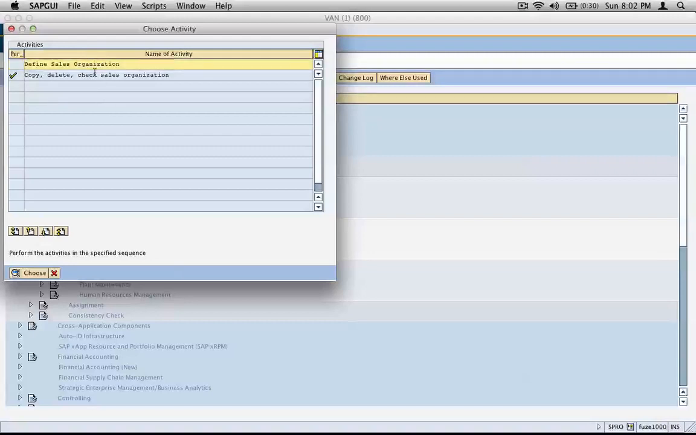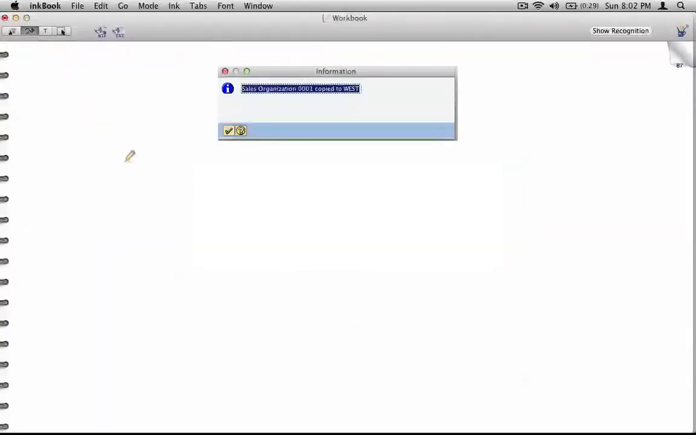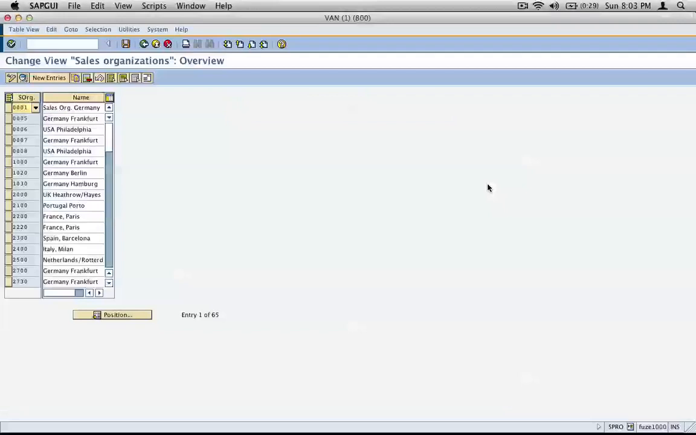After you have created the sales org, click on define sales organization and then click choose. The one that we have created, go search on it. Okay, so the creation part is complete here, or rather, the copying part is complete. Now there might be some little changes that you might have to do to that sales org. For example,